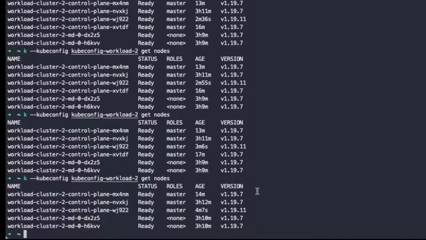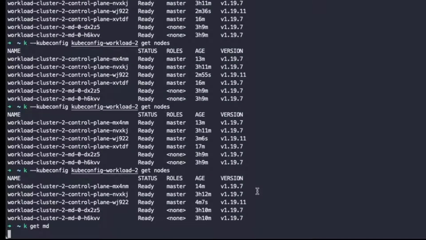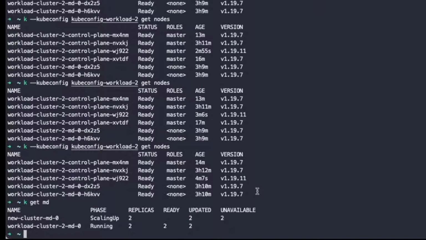You talk about the node image, so you talk about... So another thing you can do is add a machine pool or machine deployment. And so